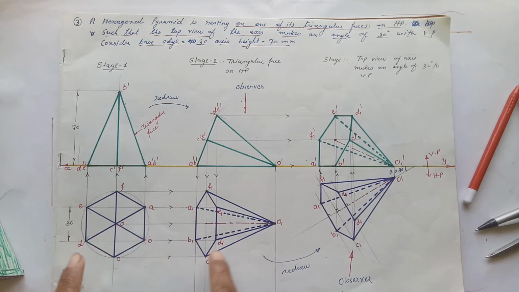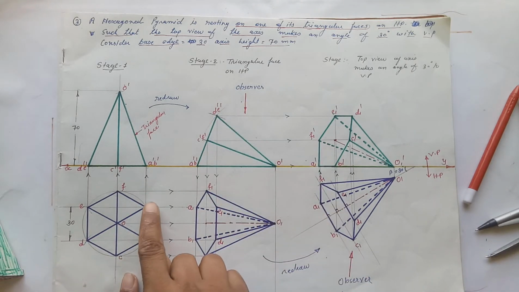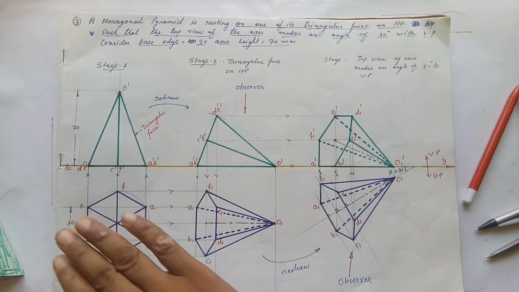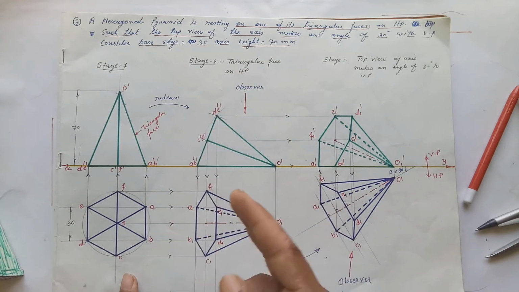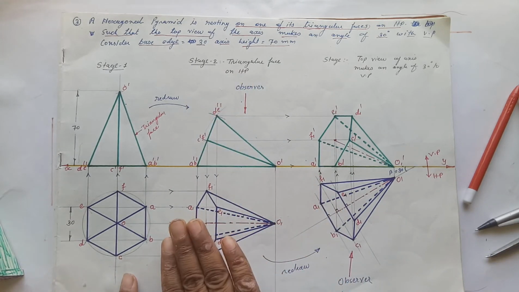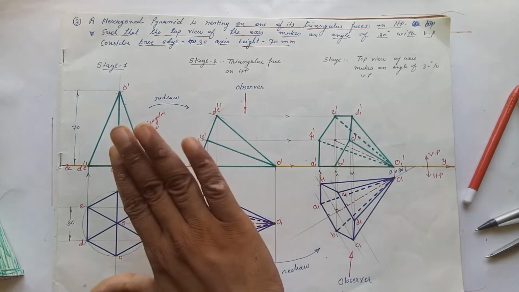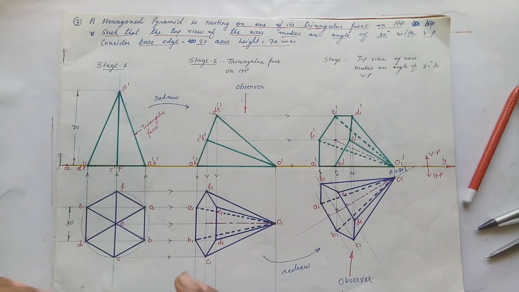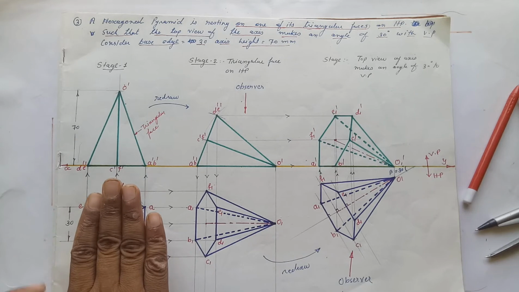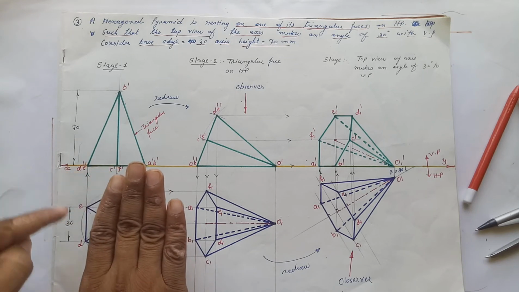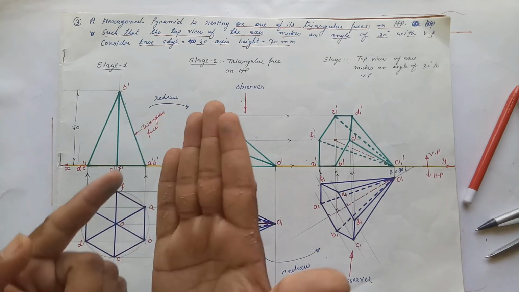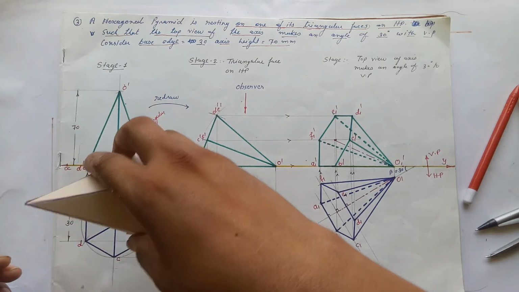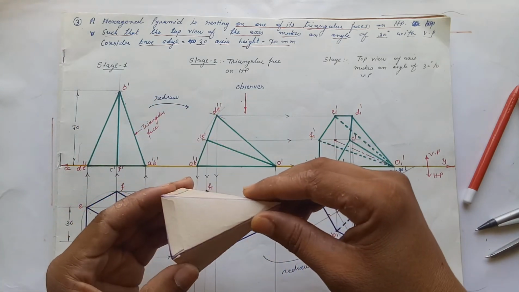Now if you observe the figure or projection of the figure, here the AB is on the right hand side, but when we have taken the projection in the second stage, see the position of a dash, b dash and e dash, d dash is diverted like this. In this example, e dash, d dash is over here, a dash, b dash is over here. And in this example, AB is here, ED is here.